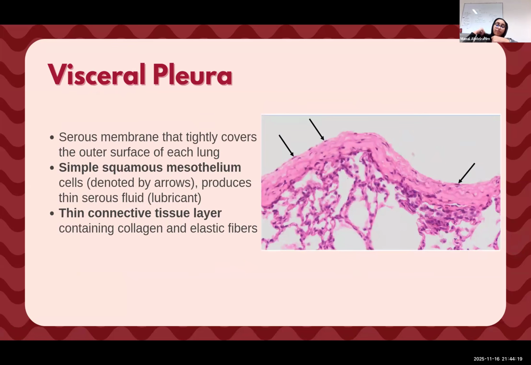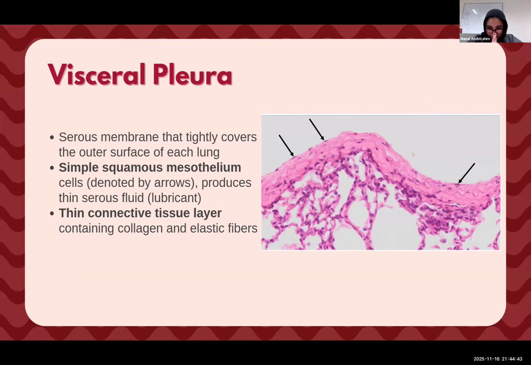And for the visceral pleura, do you guys remember when we talked about the pleura, we talked about how there is the visceral pleura and we have the parietal pleura. The visceral pleura, we said that it's the part that's going to be stuck to the lung. And so when we're looking at epithelium slides, we're going to see the visceral pleura. It has simple squamous mesothelium. You can see it here. It has very, very thin cells,